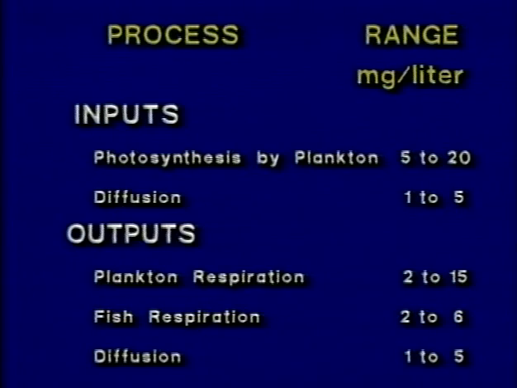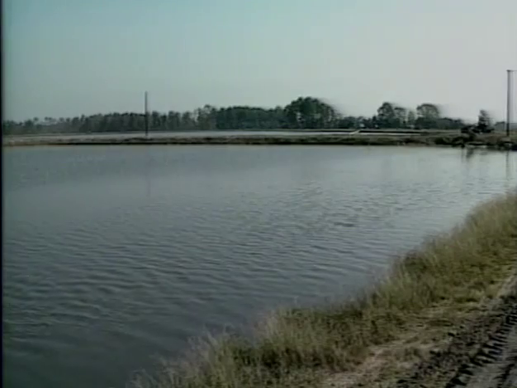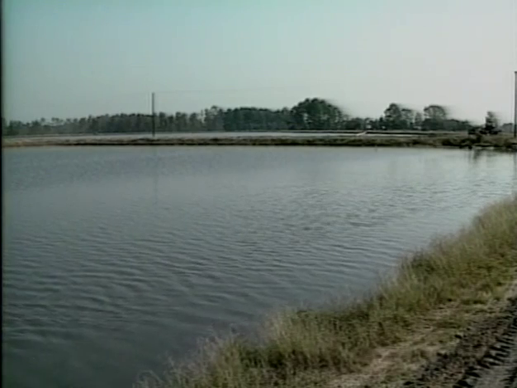All organisms in the pond respire and therefore consume oxygen. The loss of oxygen due to respiration by organisms besides phytoplankton is relatively small when compared to oxygen losses due to respiration of phytoplankton. The process of photosynthesis and respiration by phytoplankton alternate between night and day. That is, photosynthesis requires sunlight and therefore occurs only during the day. At night, photosynthesis ceases and respiration is the dominant process.